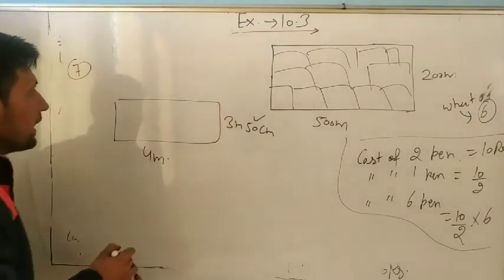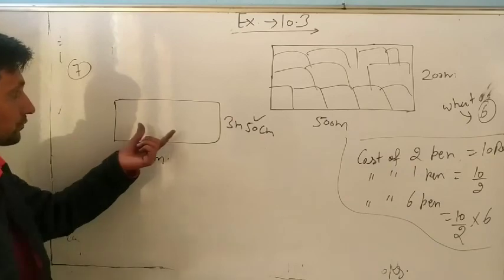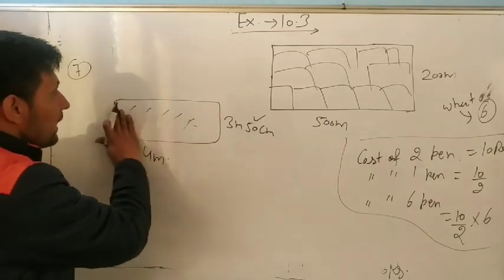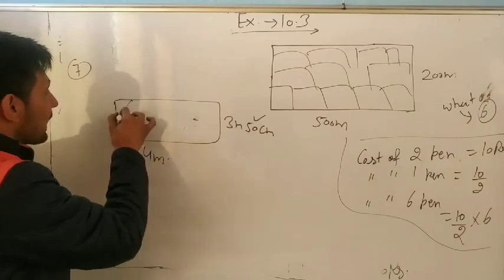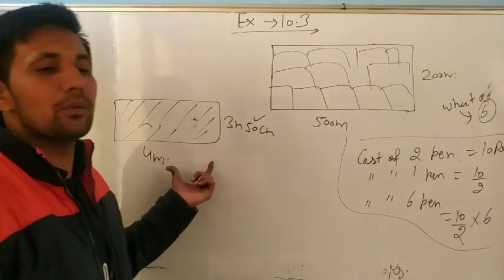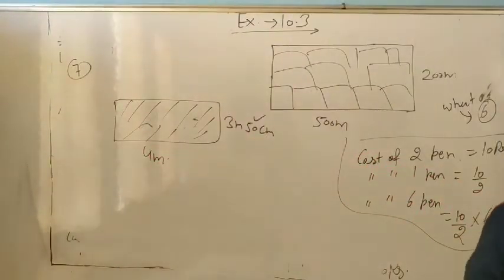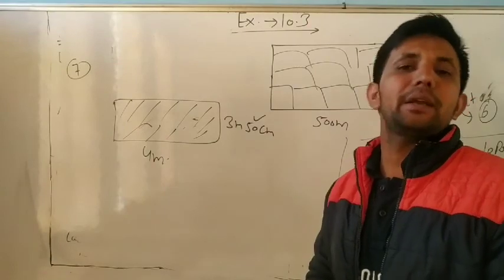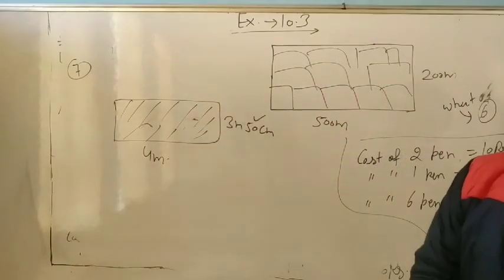It is a room, and it is the floor of the room, and where will we use carpet? Carpet we will use here. So it means what are we using? Area. To find the area of this one. It is equal to the total area of carpet. Understand? So do it yourself, strength question.